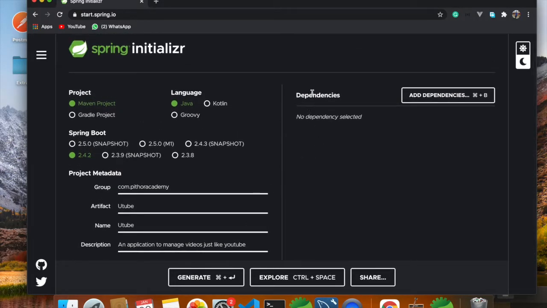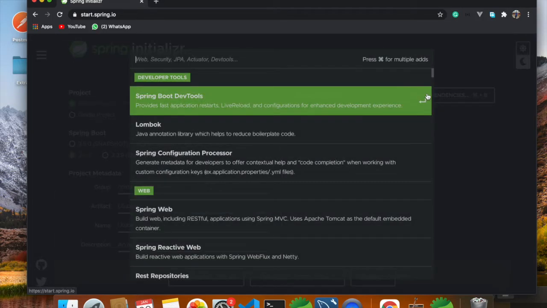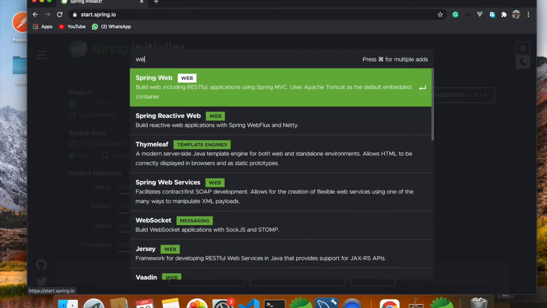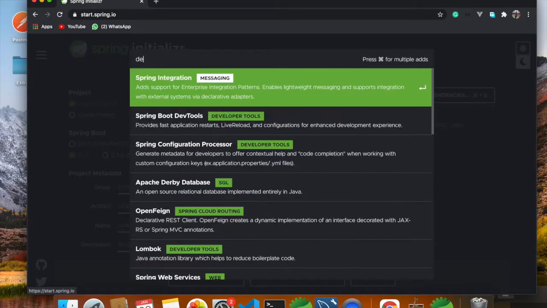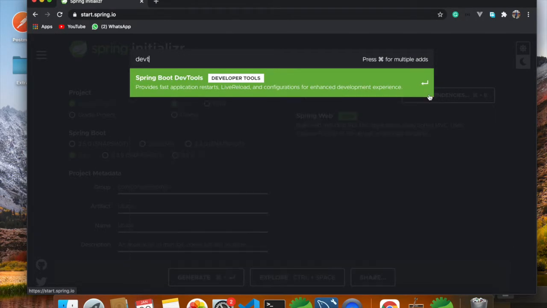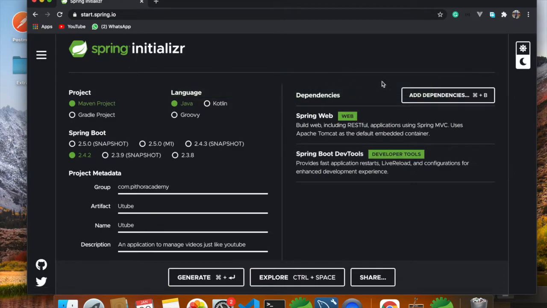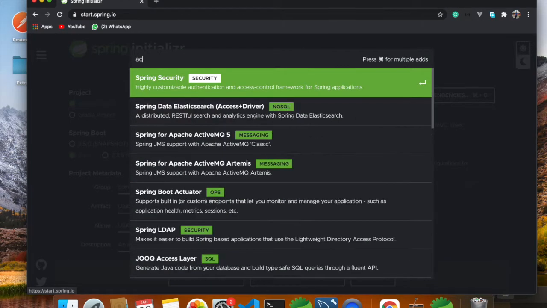Then we have the dependencies. Here first of all we need Spring Web because we are building a REST API. So the first dependency is Spring Web. Then we'll need DevTools. I'll tell you why this is needed in the upcoming videos. Then we have Actuator.